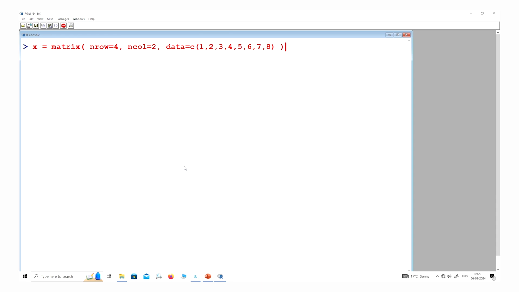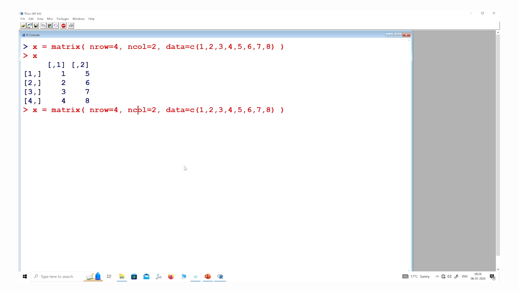If you try to recall this, this is your X. Now, suppose I do not write these parameters here, and suppose I write down here 4, I delete nrow, I delete ncol, and I delete the word data, and if I try to execute it, will it give me the same value? No, it is not happening, because the first value it has taken is the data.